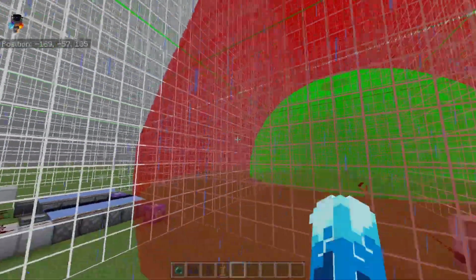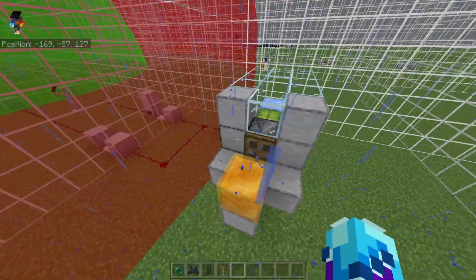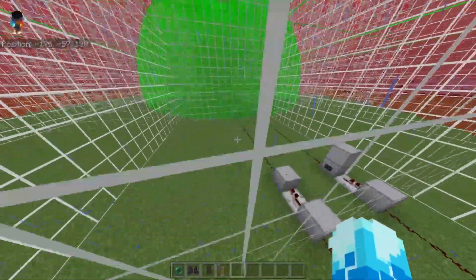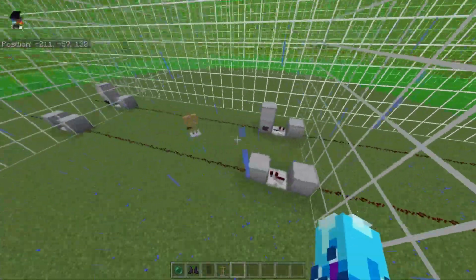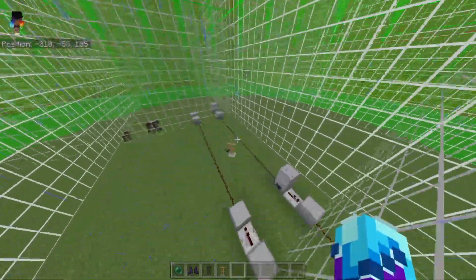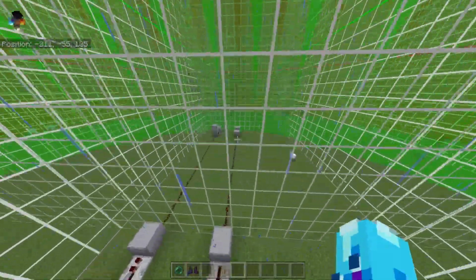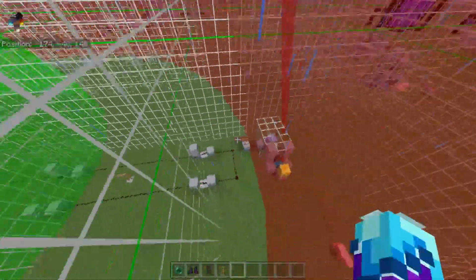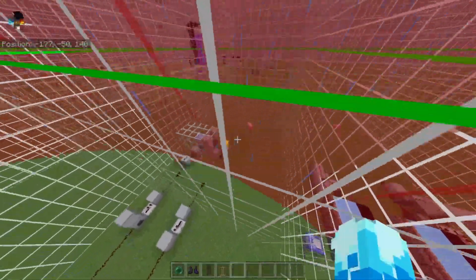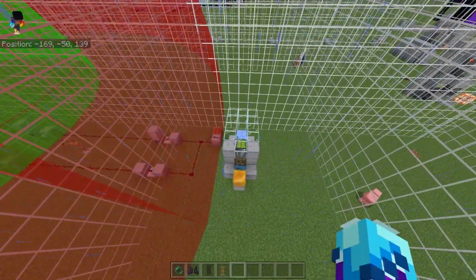Now, you might want this if you're building something like Silent Whisperer's Charged Creeper Wither Skeleton farm. So imagine this is the farm, and if you have a portal that's linked too far away, say like by this armor stand, then when you go from the nether back to the overworld to kill your wither skeletons, they will be outside of the mob spawning radius, and they'll despawn before you get a chance to blow them up with a